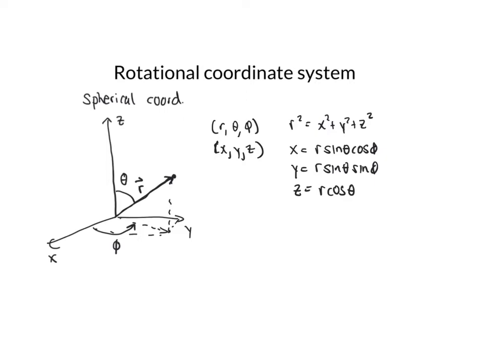So what I need to do is change my Lx operator, my Ly operator, and my Lz operator, as well as my L squared operator, into spherical coordinates, into the r, theta, phi coordinate system. We're not going to go through all of the math, and I'm going to give you the result. So the Lx operator in spherical coordinates is i h bar